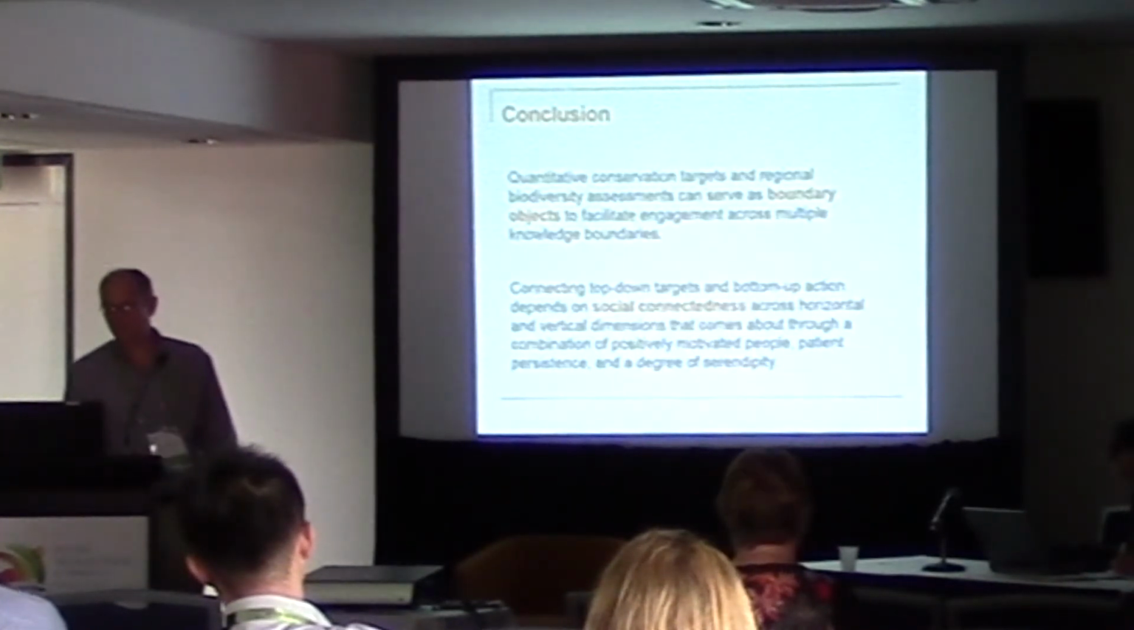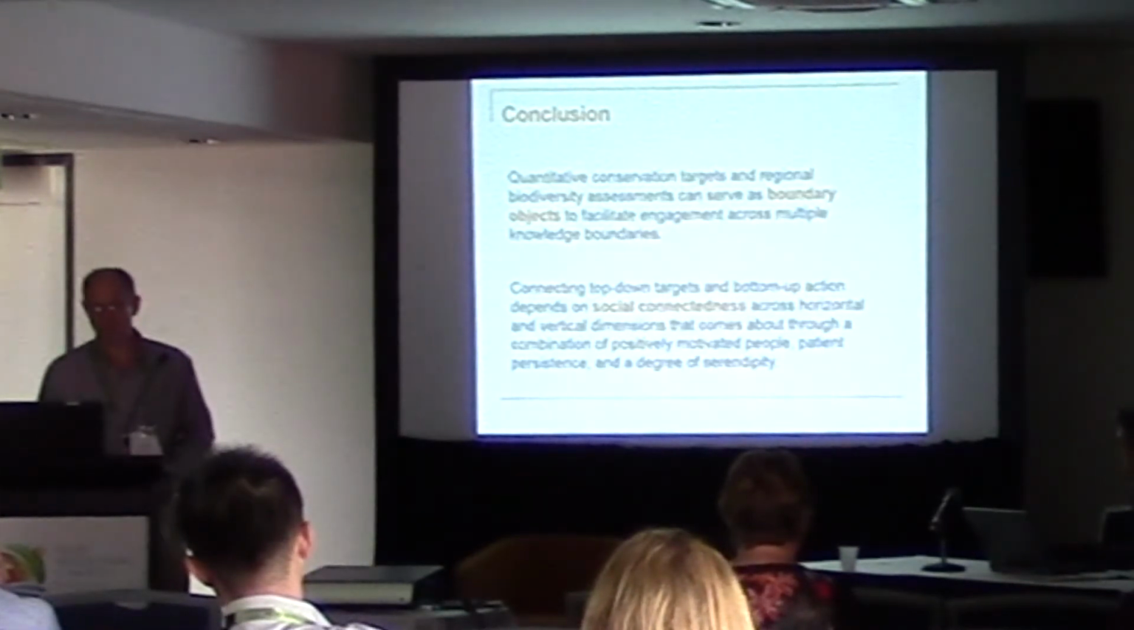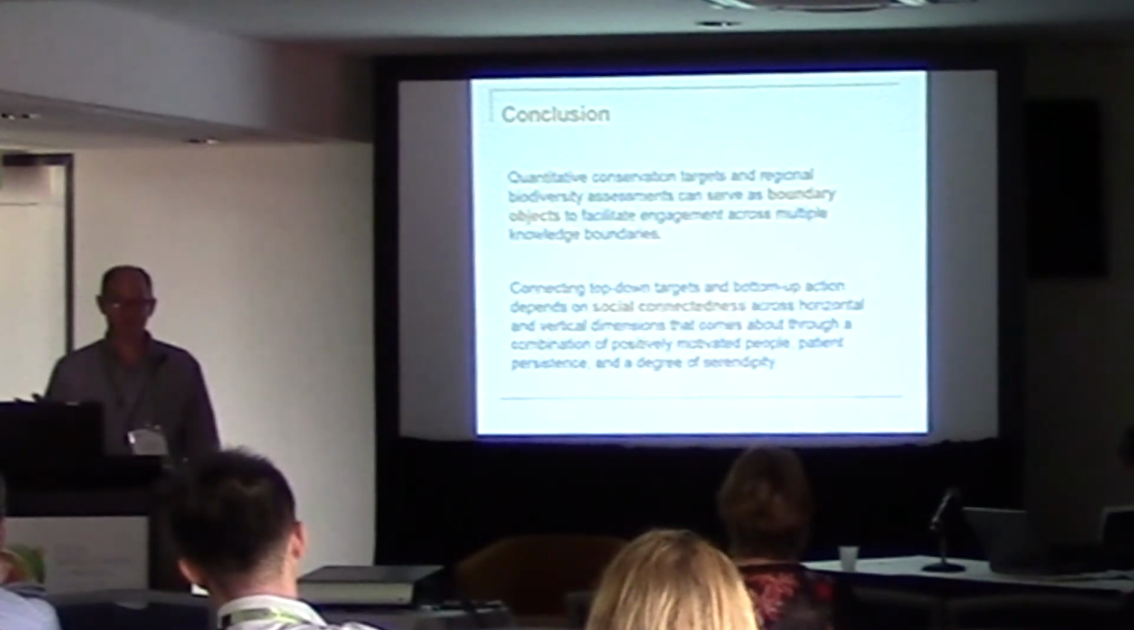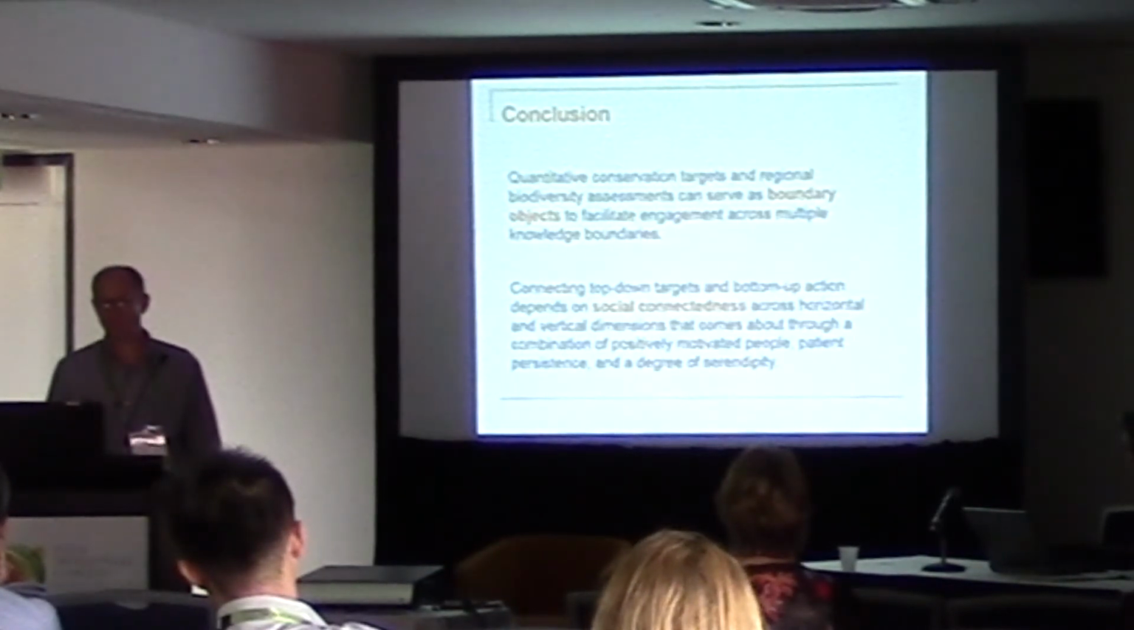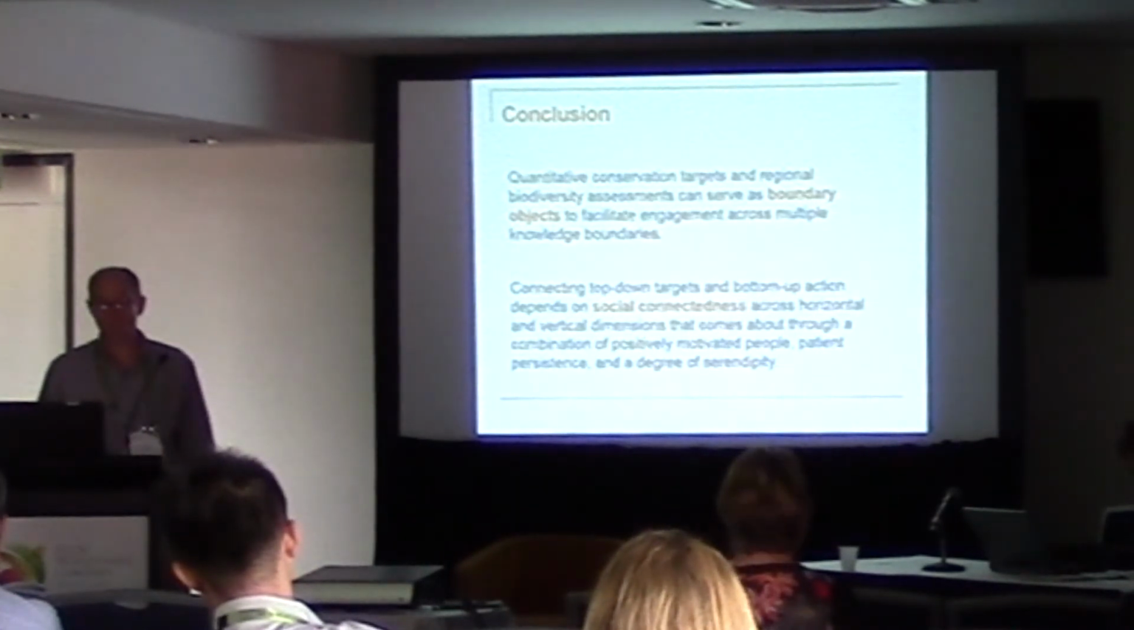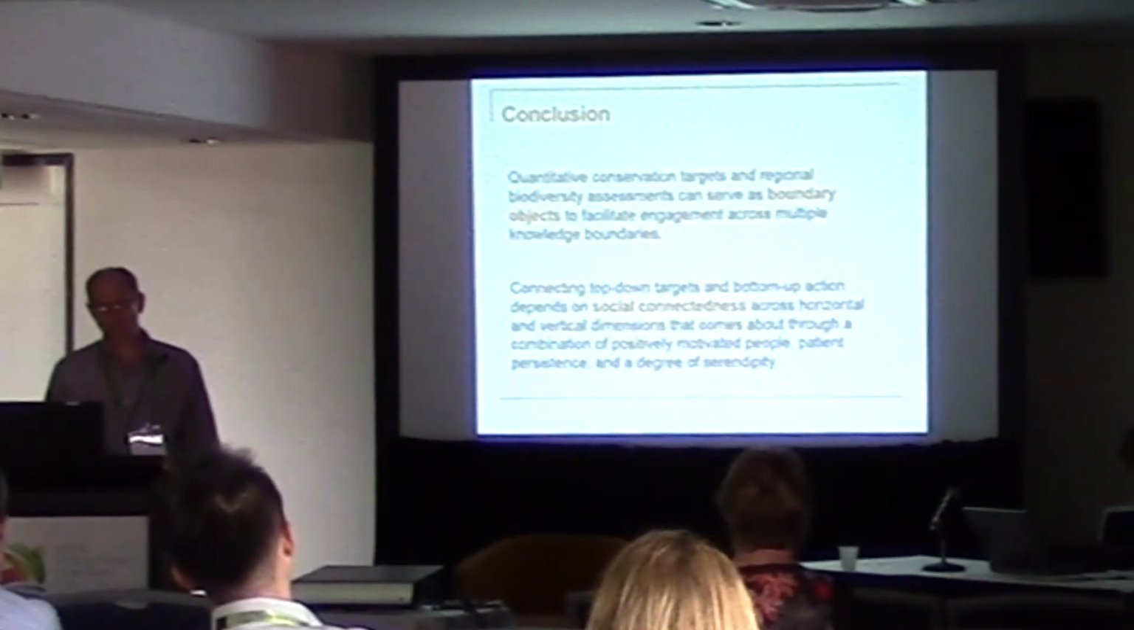So my conclusion is that quantitative conservation targets and regional biodiversity assessments can serve as boundary objects. They are objects to facilitate engagement across multiple knowledge boundaries. Now, knowledge holders from many sides of these boundaries can relate to the maps, and being a boundary object means it facilitates a discussion that helps to connect the top-down targets and the bottom-up action. And maybe my main message is we need the technology and the technical products, but it's ultimately the social connectedness across these